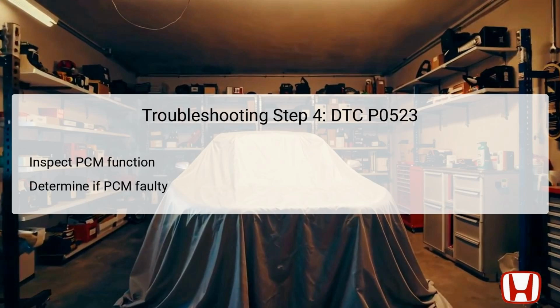The PCM, or Powertrain Control Module, serves as the vehicle's primary computer, managing a plethora of critical functions, including engine performance, emissions control, and sensor data interpretation. A malfunctioning PCM can lead to misleading sensor readings, including the erroneous high voltage from the engine oil pressure sensor. Determining whether the PCM is at fault involves various tests and comparisons of operational variables. If a fault within the PCM is confirmed, it may need to be reprogrammed or replaced altogether to restore normal